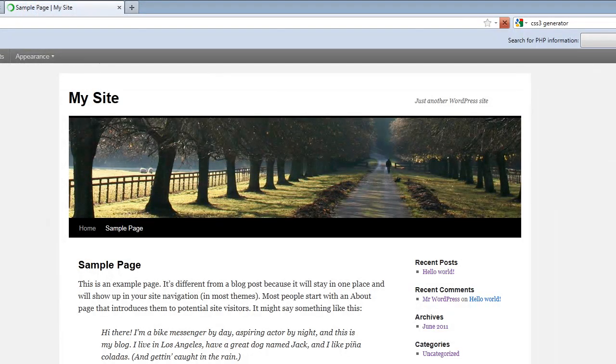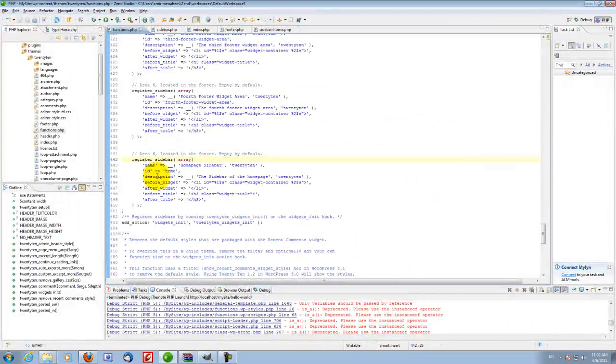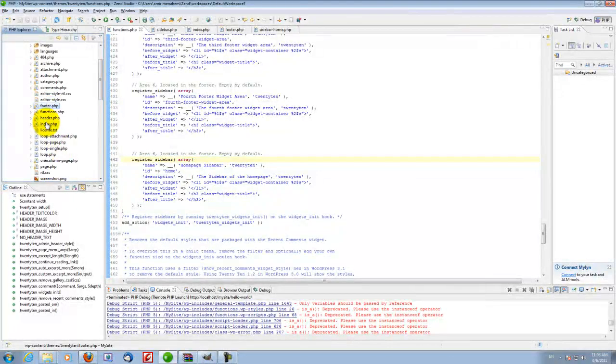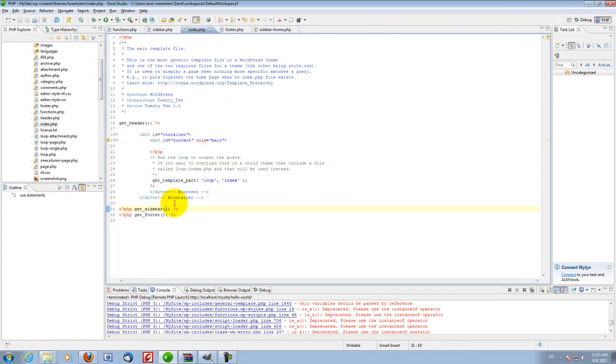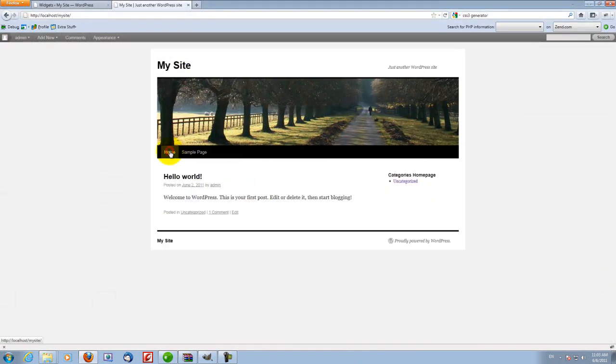Let's go to the homepage, and nothing happened. We still see our regular sidebar. So what we forgot to do is go to our index PHP and change the sidebar name for it to get home. Now if we go to home, we can see we have the categories homepage,